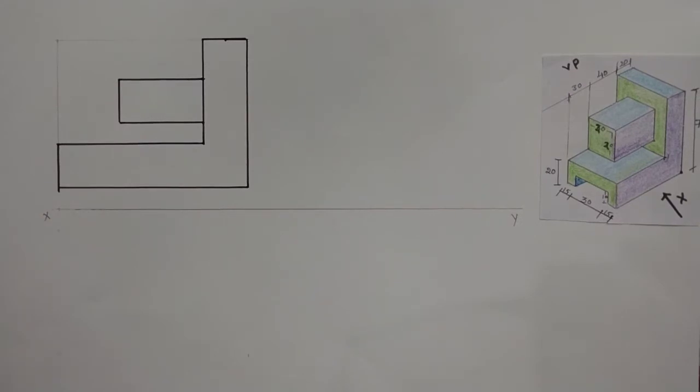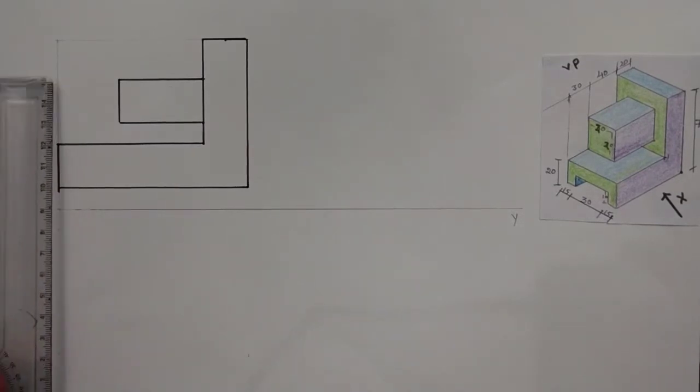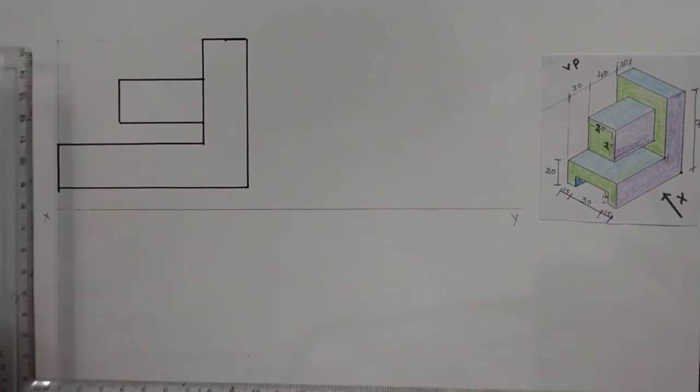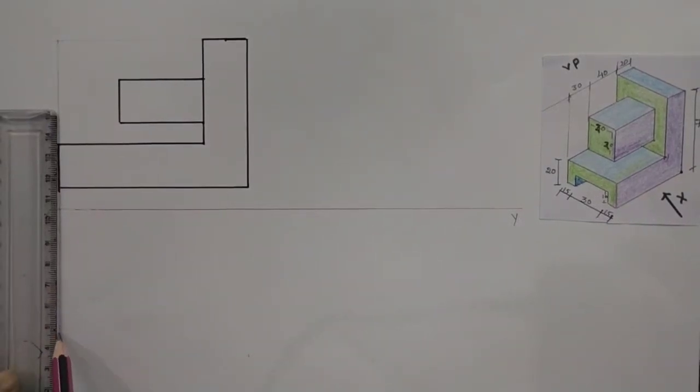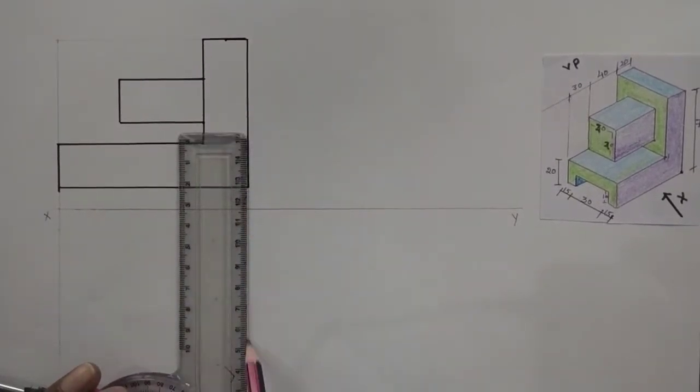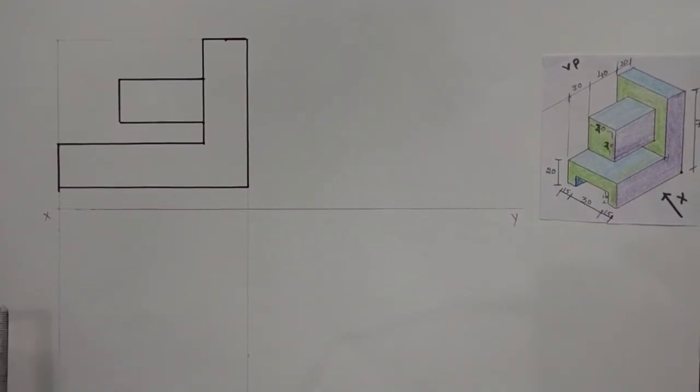First I take the light projection line from my elevation. And we learned in our last class, the top view of the object is always below the front view. So first I take the projection, light projection from my elevation. Then we go to the top view. So from this top view,